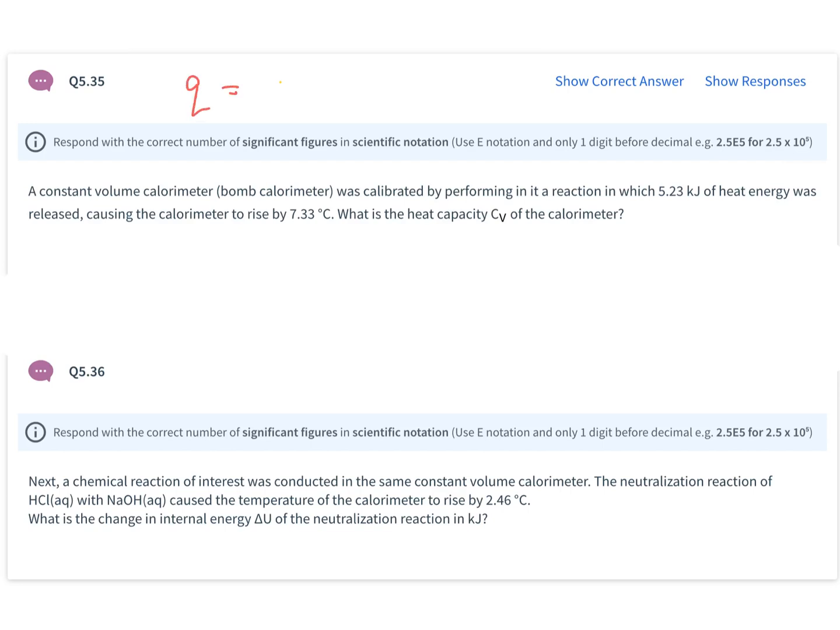So we're looking for Q equals C delta T, where C is the heat capacity of this entire calorimeter. There is no mass component. Mass is already incorporated in this C because it encompasses all of the calorimeter. So for this calculation, we're given Q. Q is 5.23 kilojoules. I'm looking for the heat capacity of the calorimeter times my temperature change of 7.33 degrees